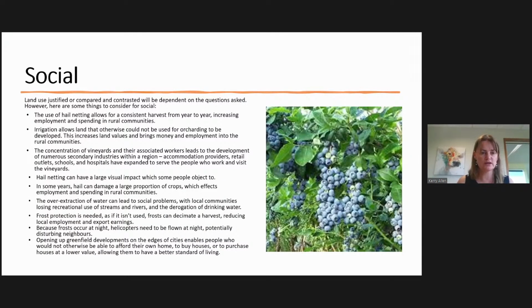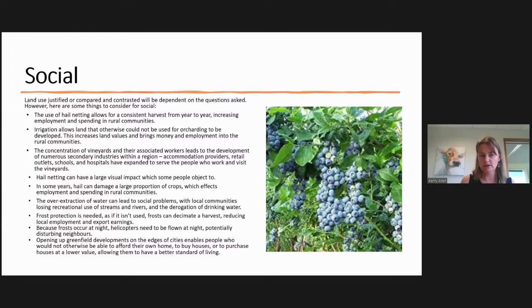Looking at social, so you're going to try to increase employment if you put up hail netting, so that means more spending in rural communities. It brings more money in employment if you add irrigation. You might need to be bringing in workers, and this means that in your area you will have more accommodation providers, you'll have more students in schools, you'll have better facilities, better services, the banks will be there. Okay, so these sort of things are what you need to be thinking about when you're looking at that land use